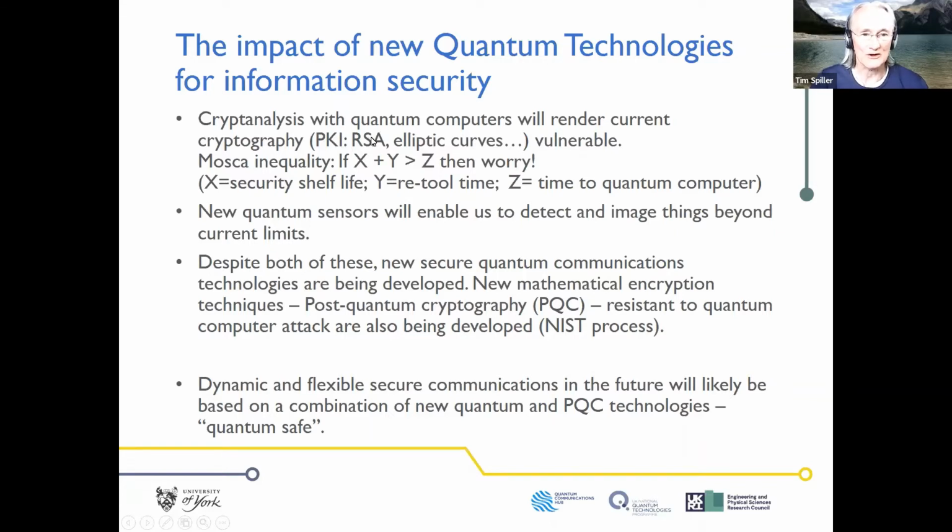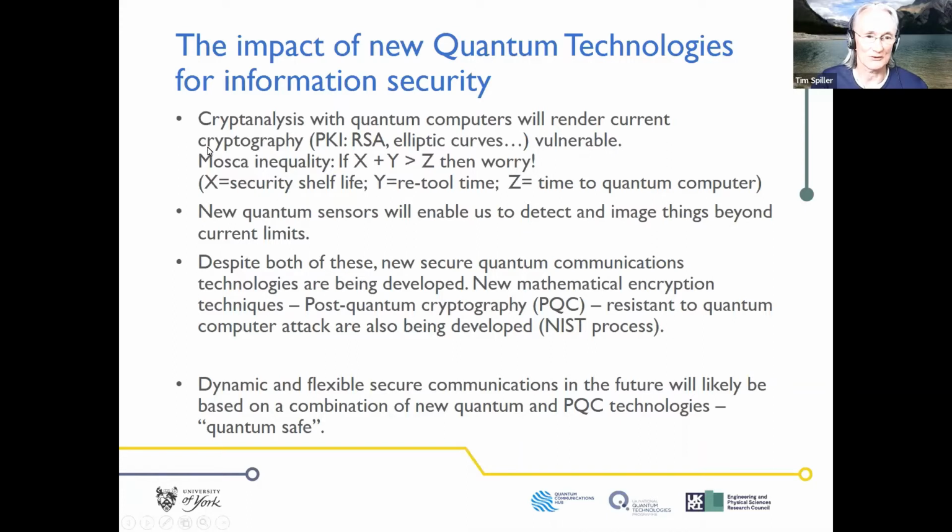There was an algorithm invented by Peter Shor in the mid-1990s, Shor's algorithm, that shows that if you had a sizable quantum computer, you can invert the hard mathematical problems which underpin our current public key infrastructure, and you can break it. And you may think that's just a threat in the future, but Michele Mosca from the University of